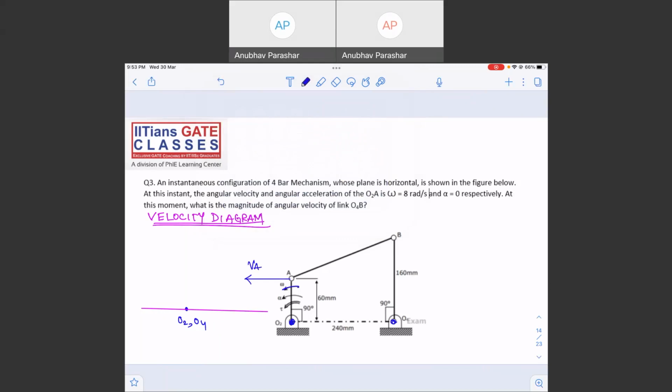Do we know the velocity VA? Can we find out? Yes. Why? Because omega is given. VA is equal to omega of link 2 multiplied by O2A, that is R, right? Omega R, that is equal to 8 into 60 mm. It is given as 60 mm, so 0.06